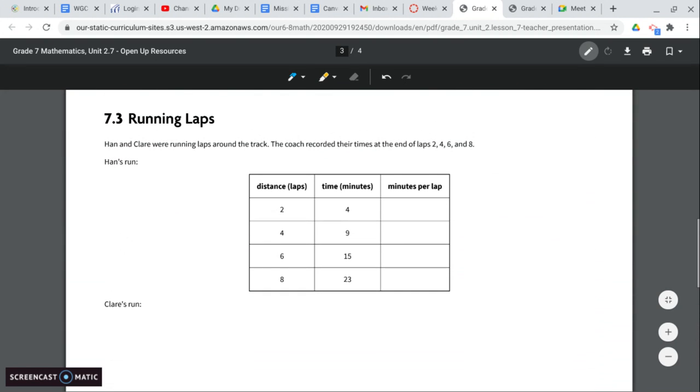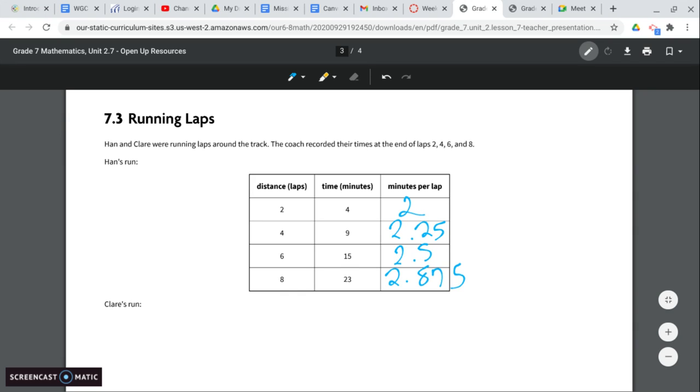So let's start with Han. Time, 4 minutes, laps 2. 4 divided by 2 is 2. Then we're going to take time, 9 divided by 4 laps is 2.25. Then 15 divided by 6 is 2.5. And then 23 divided by 8 is